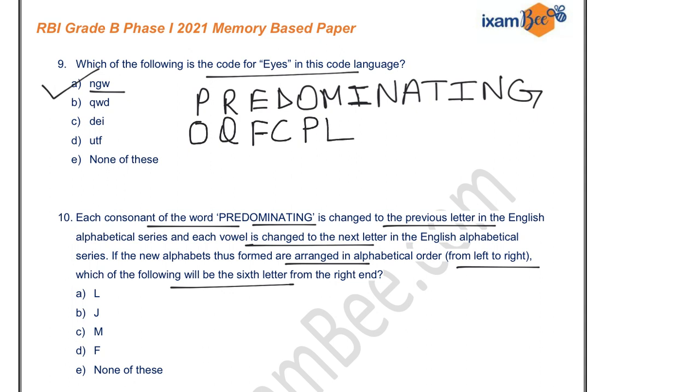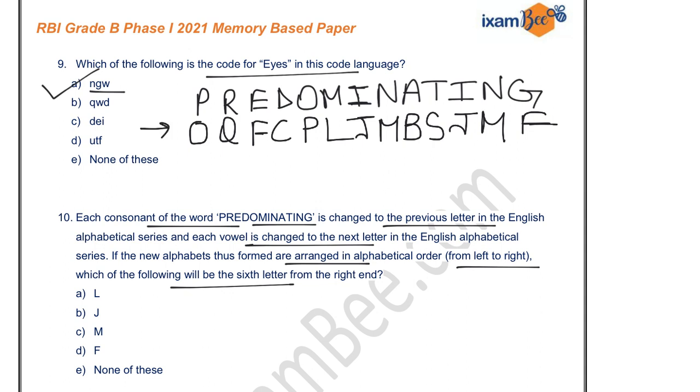Now M is changed to the previous letter, that is L. I is a vowel, so it will get changed to J. N will get changed to M. A is your vowel, so it will get changed to B. Now T will change to S. I for J, N is for M, and G is your consonant, so it will change to the previous letter, that is F. Now you have to arrange all these as per the increasing order,